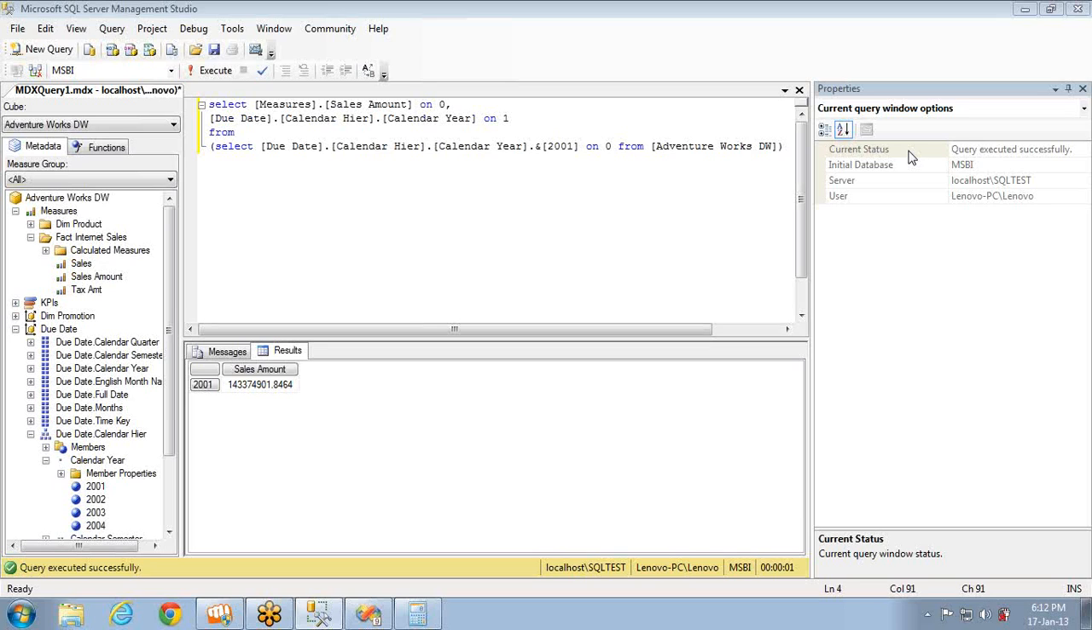This is about MDX, and we discussed a lot of functions, a lot of calculations, and we also have seen a lot of complex calculated measures. Not a lot, at least a few. Calculations we have seen till now, and come back fresh with complete knowledge on SSAS and MDX so that we